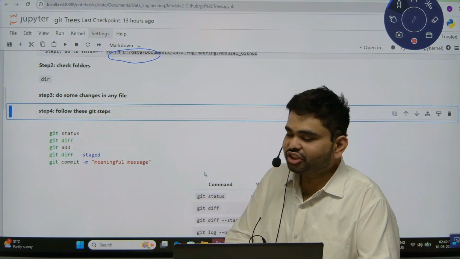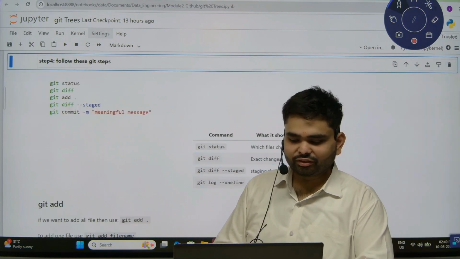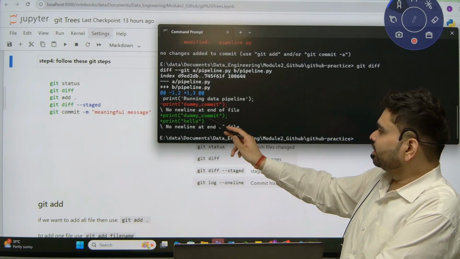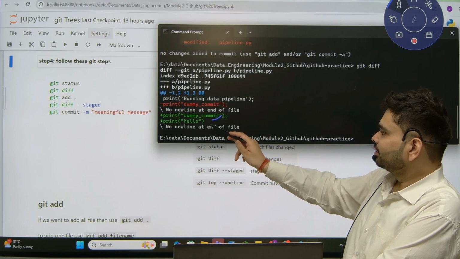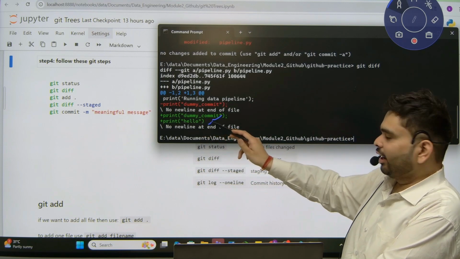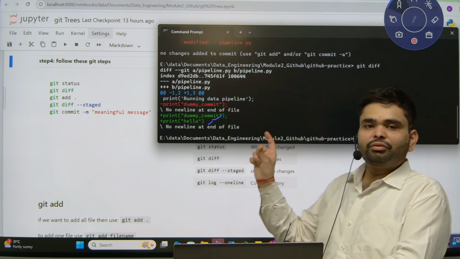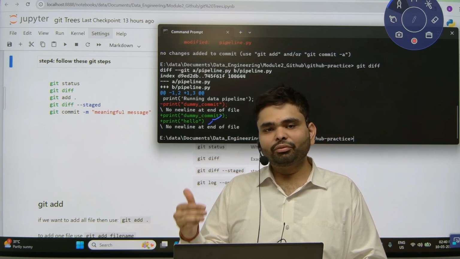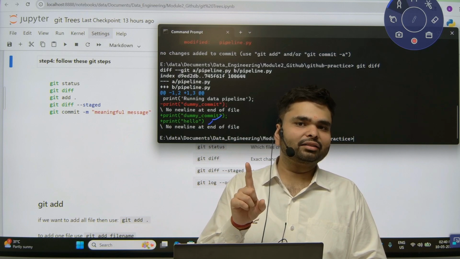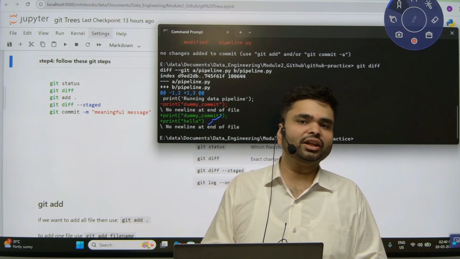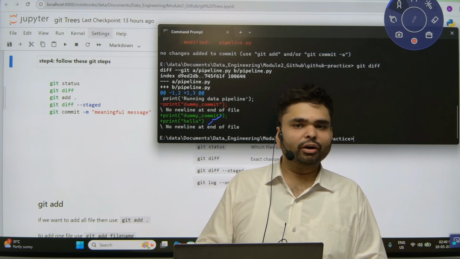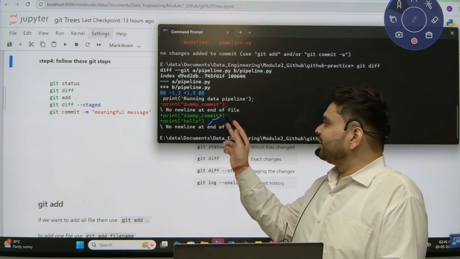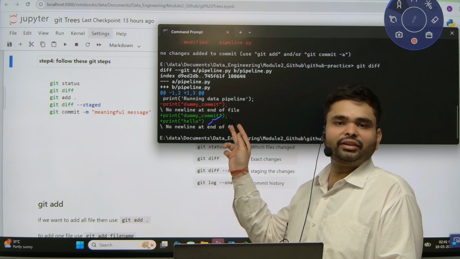Now check what changes we have done. This can be identified by using git diff. You will get to know, yes, we have added these two lines. So I only want this line, print hello. Now understand, we were discussing the concept of trees. Trees are the different code change areas available in Git. So the first area is your working directory where you are doing the changes. It is your local system. You are doing the changes in VS Code in your local file system. So these changes are available right now in the first area, that is your working directory.